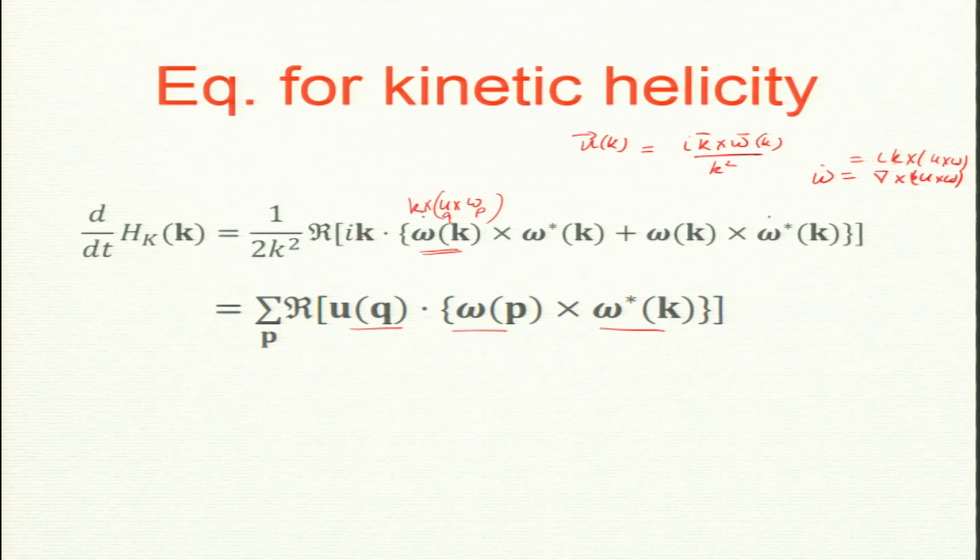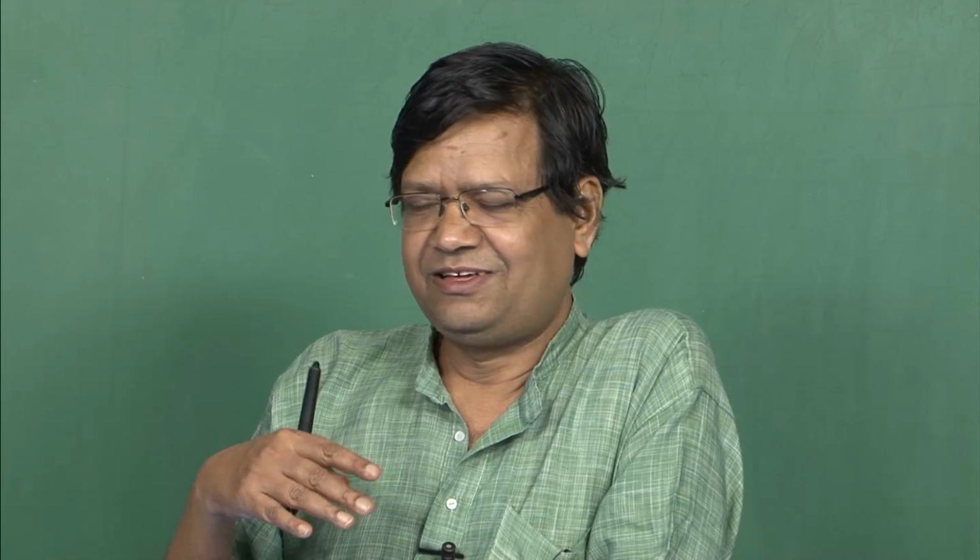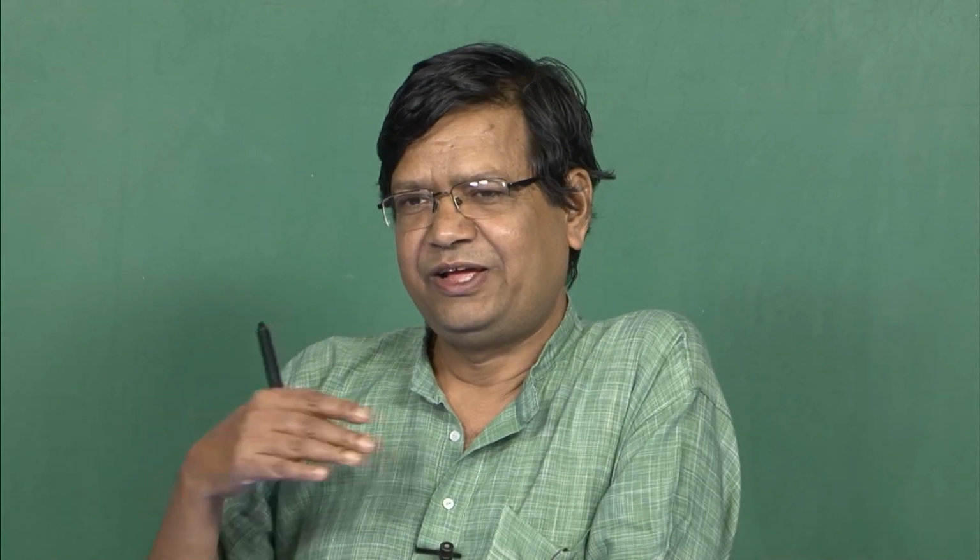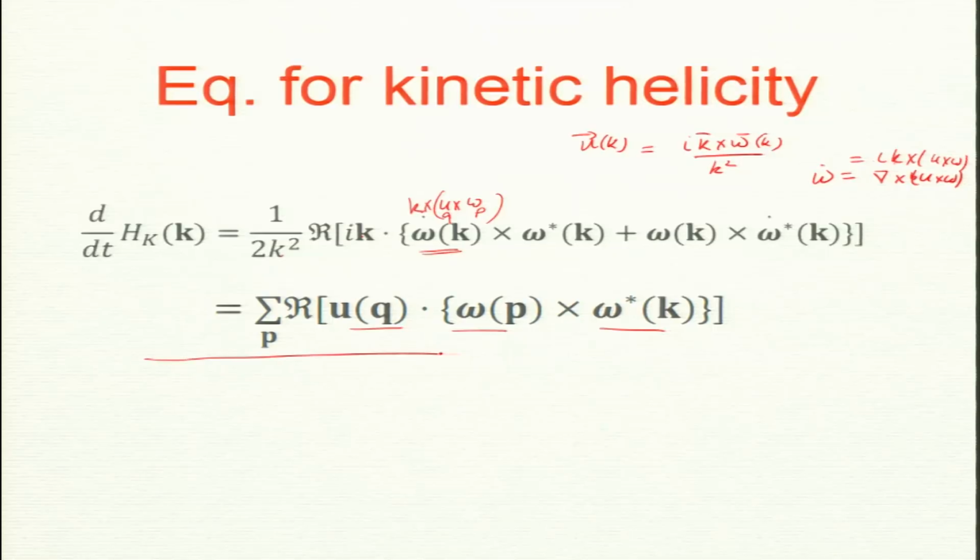So, this is not k dot u_q u_p. But it turns out I prove it again in the notes that you can satisfy all those energy or kinetic helicity transfer formulas, like A giving to B is the same as B giving to A with a negative sign, and A and B together giving to C is the sum of A giving to C and B giving to C. These are formulas and it must satisfy this relation for a triad.